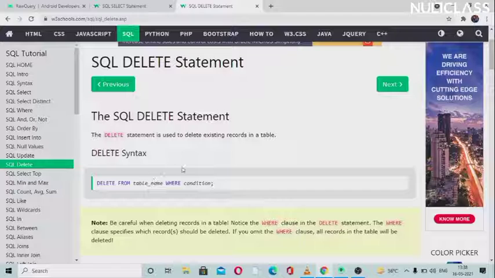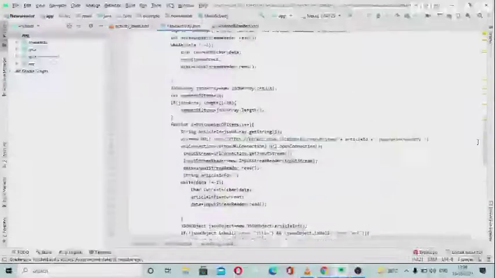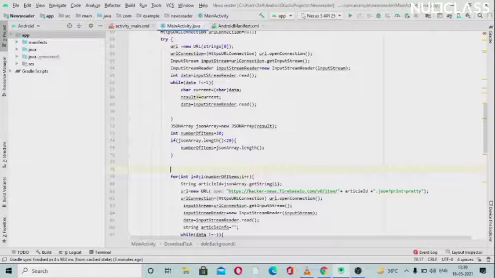And if you want to delete the whole table, like I don't want any record, I will just write delete from table name. So this will delete everything. Okay, so I think you have got a quick overview. So now we will use this delete statement here. To execute it, let's say we will be using that here, I guess. Yes, before the for loop we will be using this.